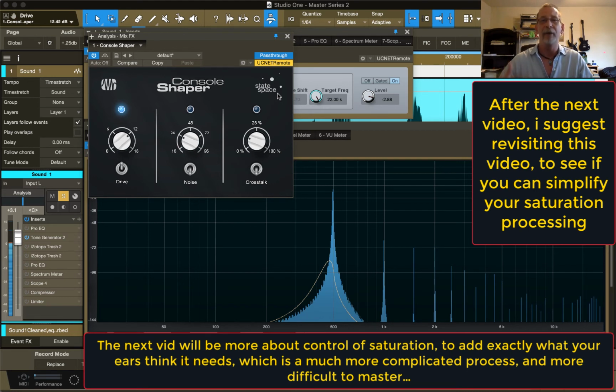You have a lot better understanding of the different types of saturations applied to different sounds. That way you have a much better understanding before you go out and spend a bunch of money and experiment way too much and waste too much time. But once we get through the other video, you may come back to this one and go, well, I need to go do that, and I need to start setting up on a bus, and I got my console shaper there on the track or on the bus for that subgroup,